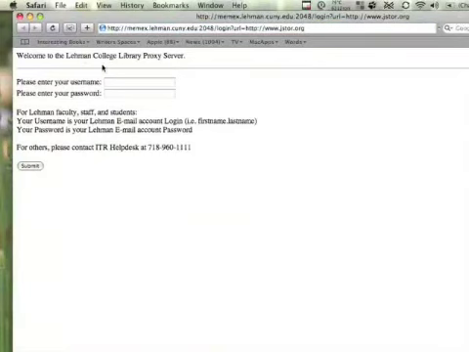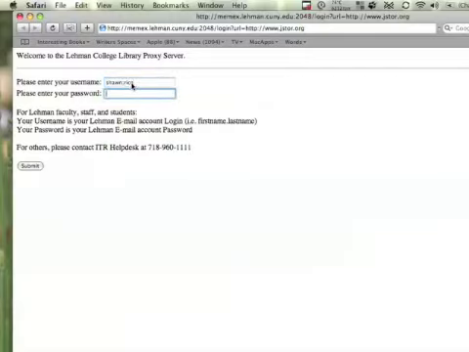So if we click on that, since I'm not on campus right now, I have to enter my username and my password. As you can see, the username is the Lehman email account login, along with the same password that you use for your email. So this is your Lehman email account, not any other email account.